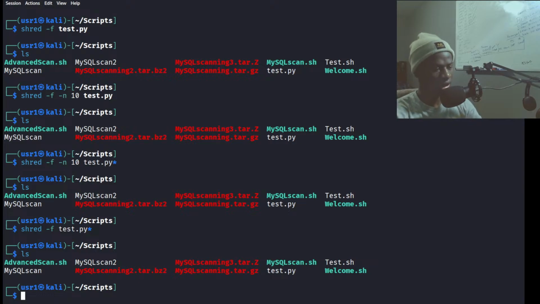Let's see. Okay, so #!/usr/bin/env bash. Set permissions on the file using chmod +x hello. So that's it. Okay.